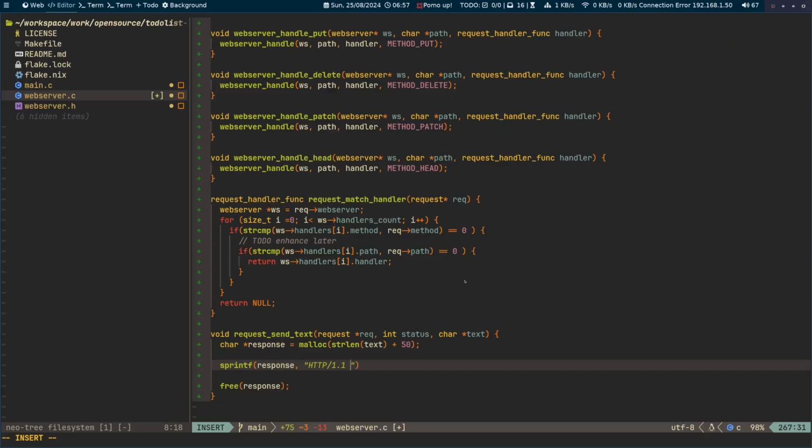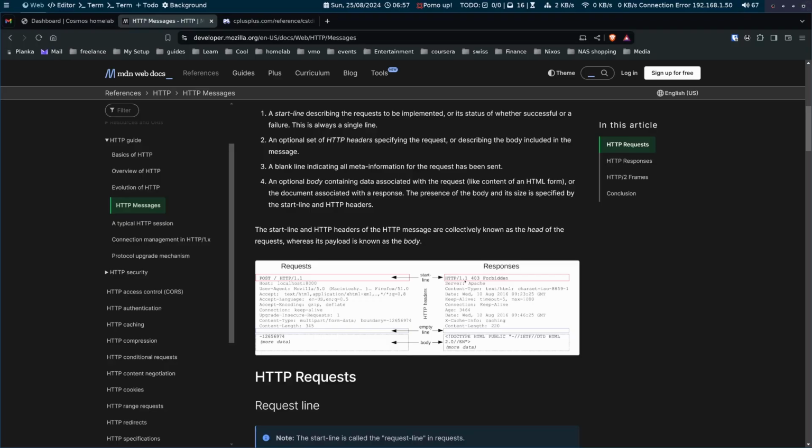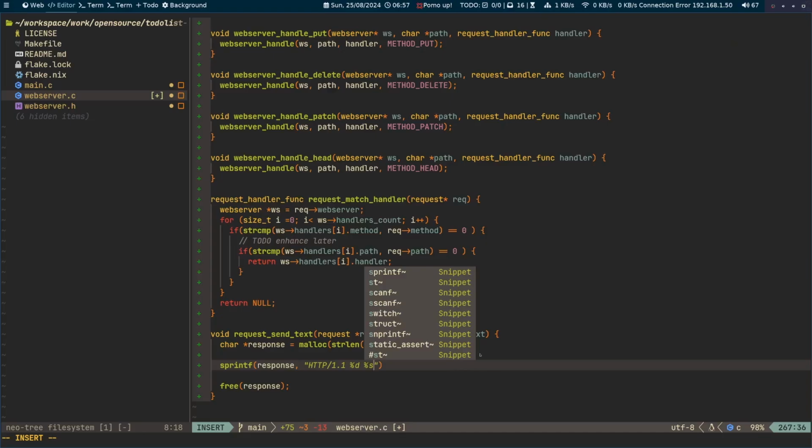Okay, and then the status code %d, then the status string. Here it is forbidden and no line. Okay, nothing is mentioned about a slash n or slash r, but I'm assuming that we need a slash r slash n here. So HTTP slash version,